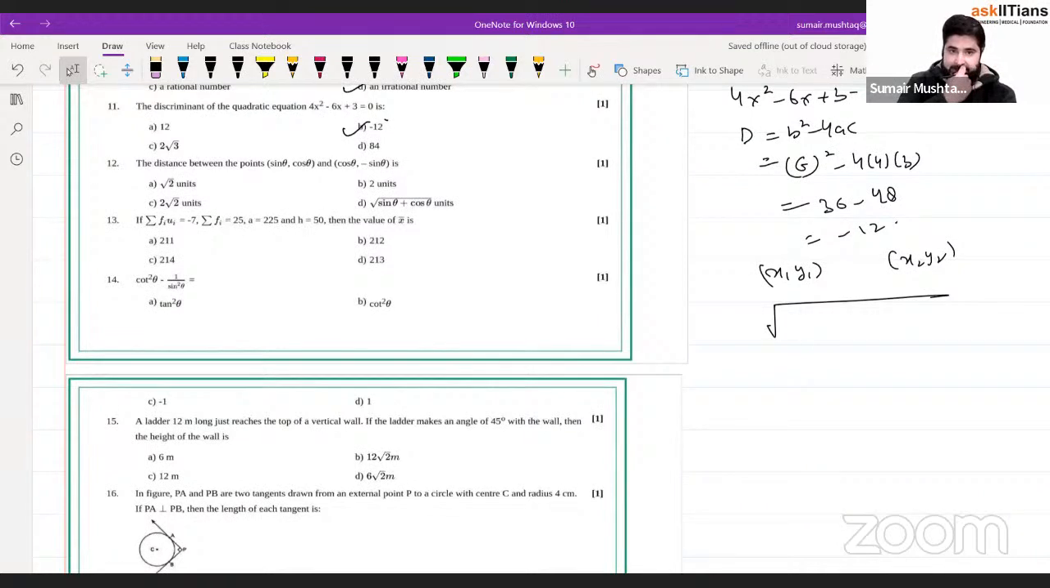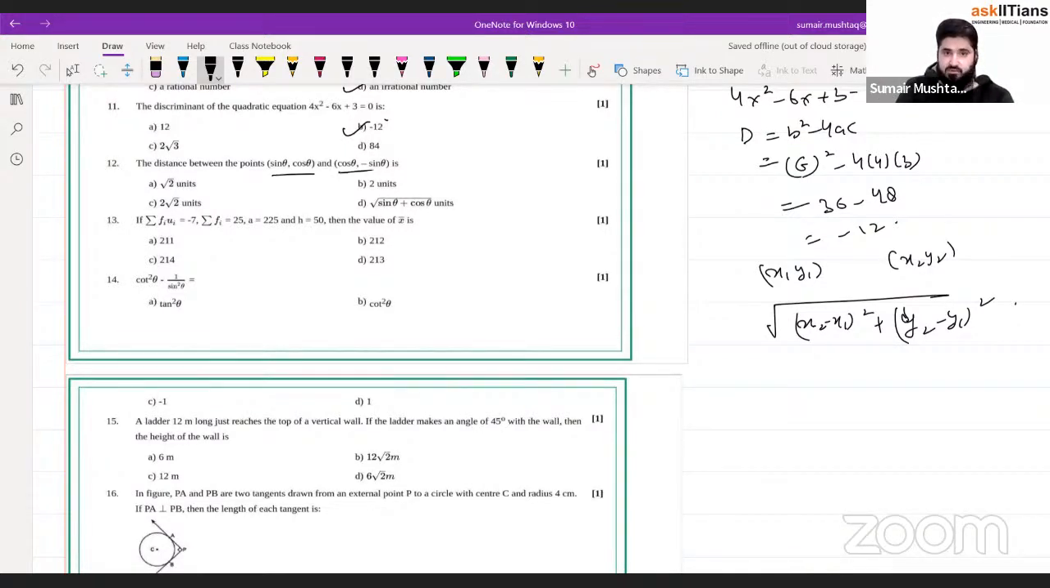What is the distance between these two? 48. For which you are saying the 48? Okay, previous one. What is the distance between any 2 points? Yes, under root of x2 minus x1 whole square plus y2 minus y1 whole square. So this is exactly the distance between 2 points, and the 2 points here given are,